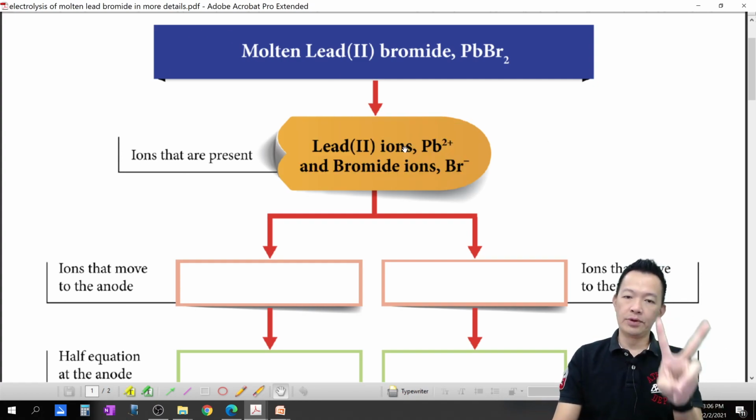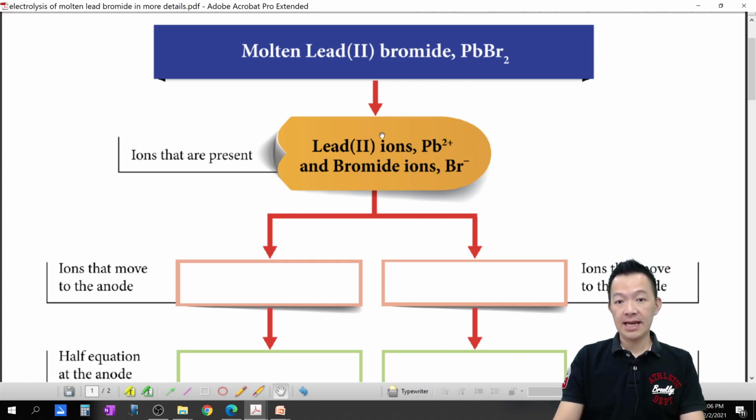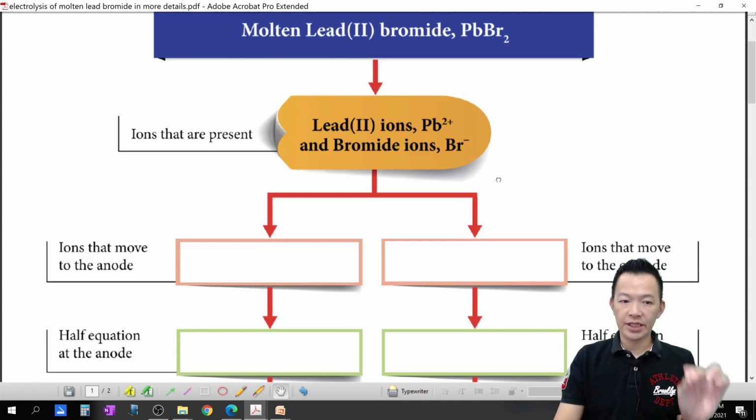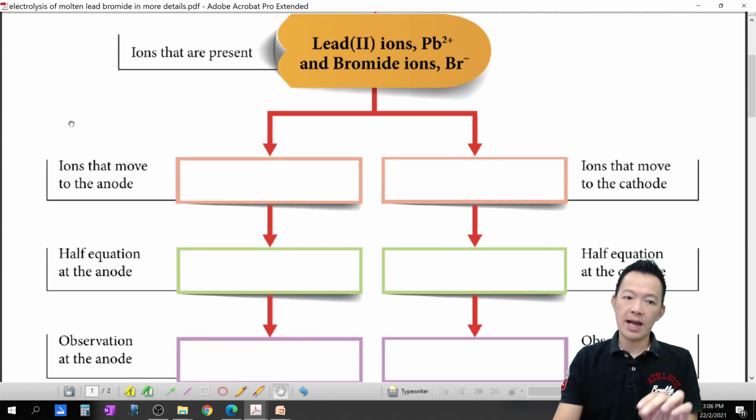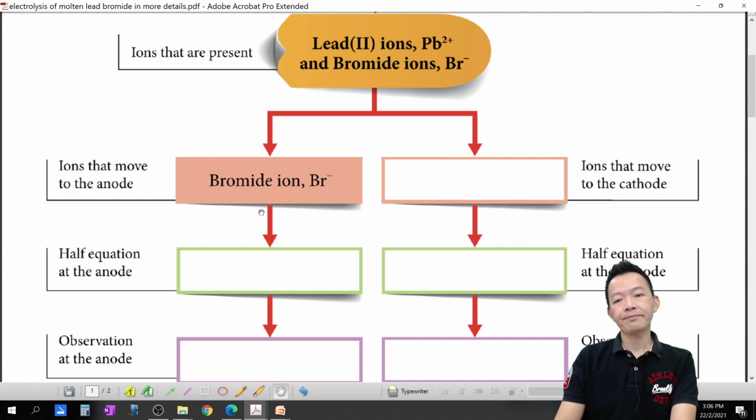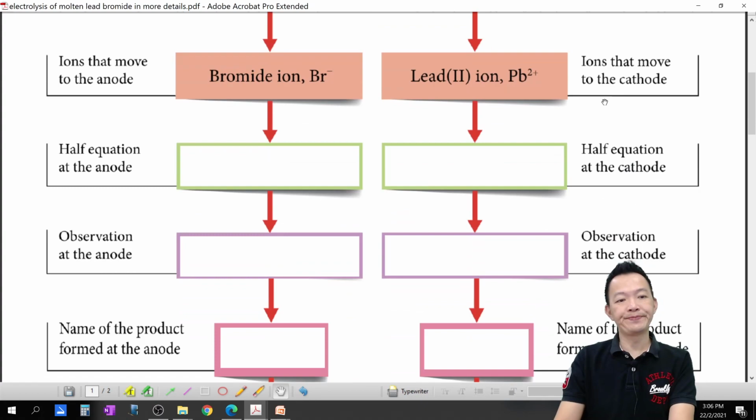Lead ion, bromide ion 两种的离子。On the switch，当你开电的时候，ion that move to the anode，谁会跑去 anode 丢 electron 呢？谁会不见 electron 呢？Bromide。